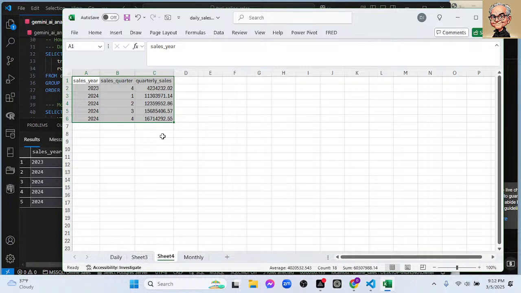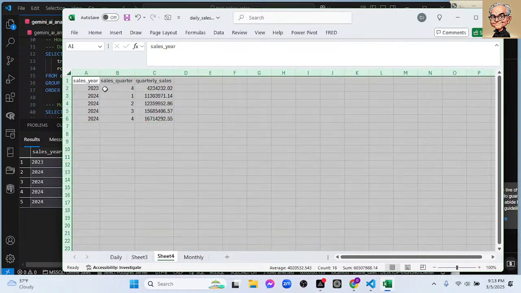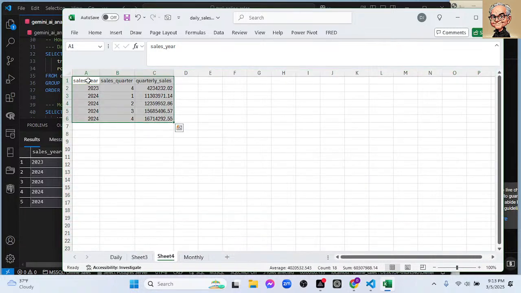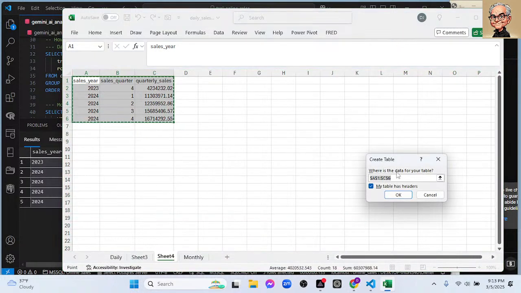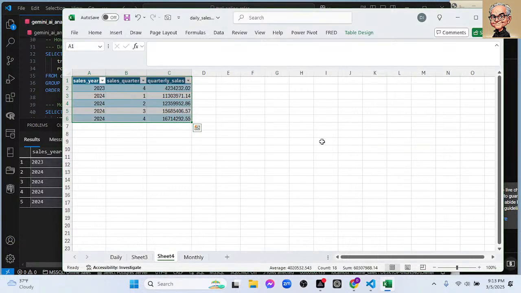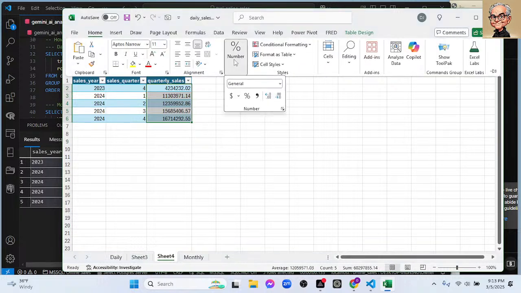This way we can dump everything into a spreadsheet, right? Control A, Control T. Now, of course, we could do all these calculations with nothing more than an Excel pivot table, right? Or we could do it all inside of Power Query or Power BI very easily. But hey, tonight it's all about